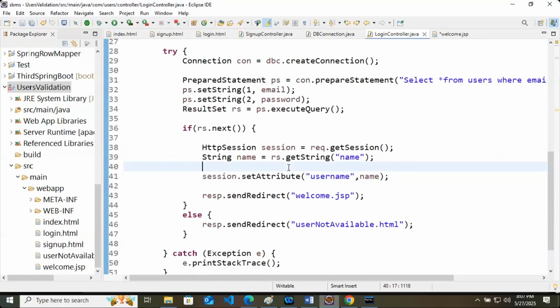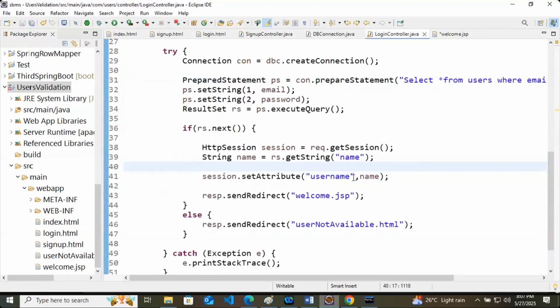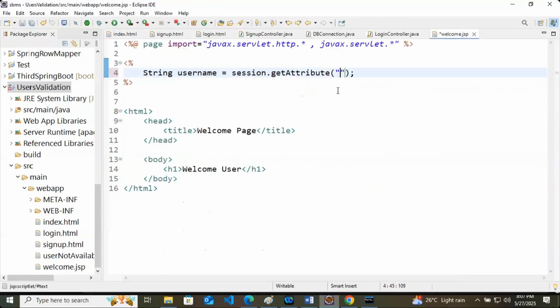It's a setter method. Here you will do get attribute, session dot get attribute. By whichever name you are sending, you write username here. The same you have to write there.